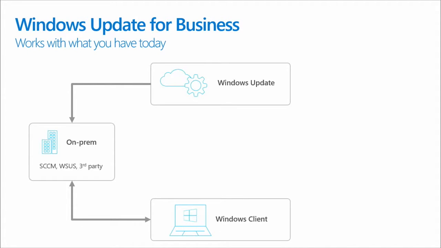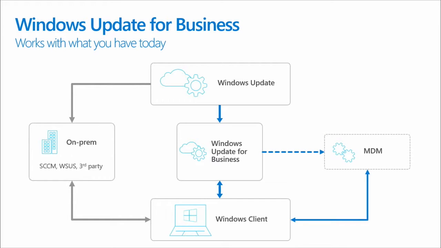Right. When we start thinking about the mechanics of Windows Update for Business, we've got things like Configuration Manager, WSUS, and even third-party utilities, which are still going to be able to manage updates flowing down from Windows Update, probably caching them in an on-prem environment somewhere, and then flowing through to Windows Client. Yep, so all that continues to work fine. You can continue to use your existing tools. We'll introduce Windows Update for Business initially so that you could have clients pointing directly to Windows Update in the cloud to download updates directly from Microsoft.